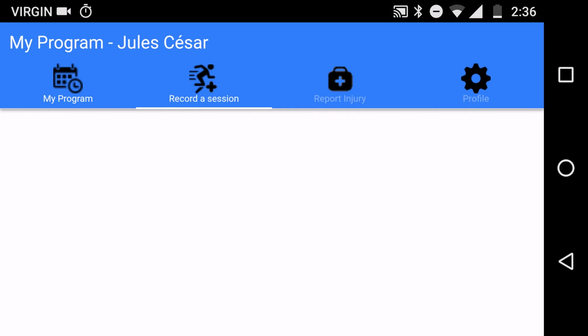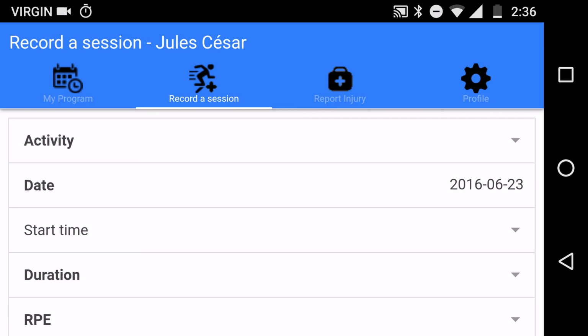The next tab in the app is the Record Session tab. This is for recording training sessions which were not planned. Say you decided to work out this afternoon with no planning. You can then enter data for it so that your coach can see how hard you're training even for sessions they didn't plan. Just select the activity,